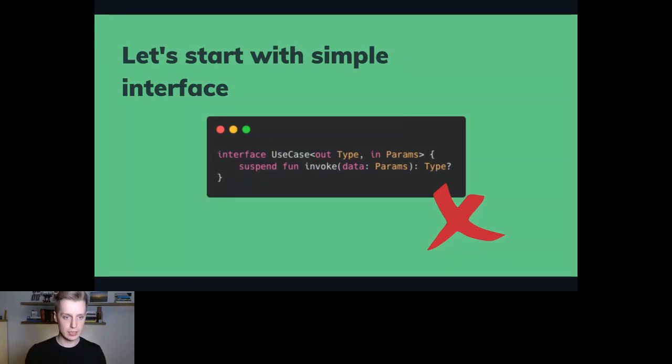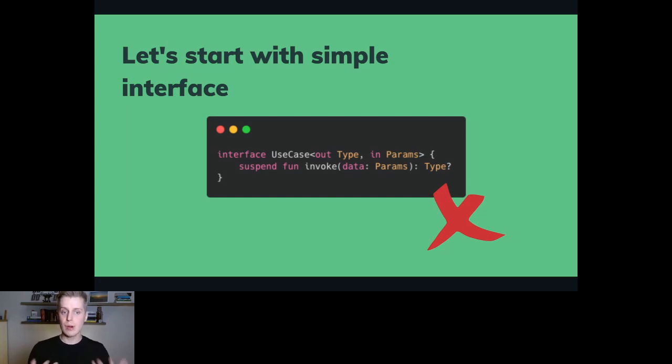As you can see, we have a generic use case interface here with a single invoke method. This method is a suspend function that takes data as a parameter and returns an optional type. And there is nothing wrong with this interface. To be honest, this is a good implementation of the interface.